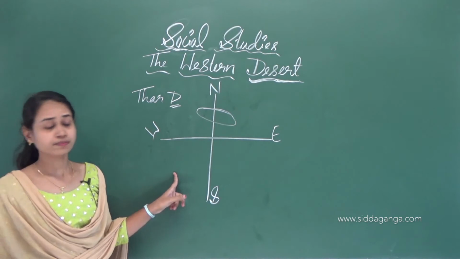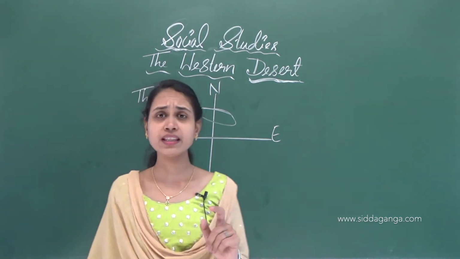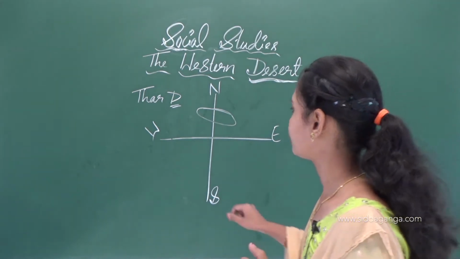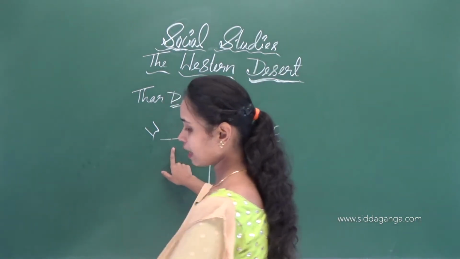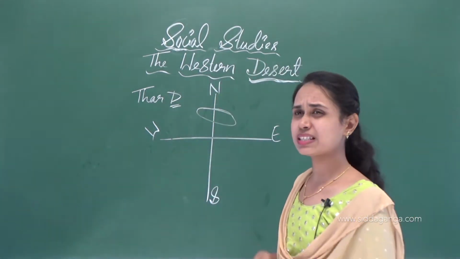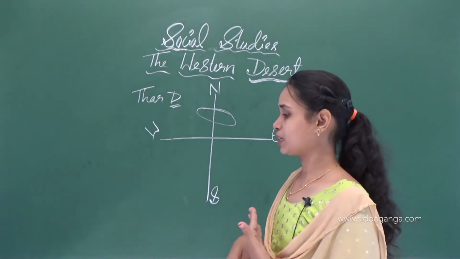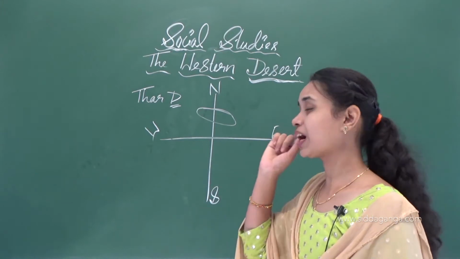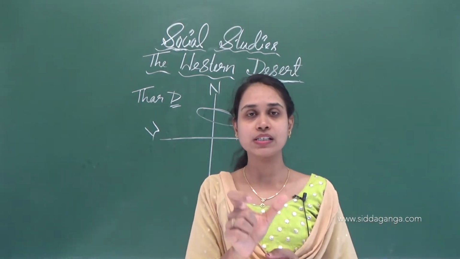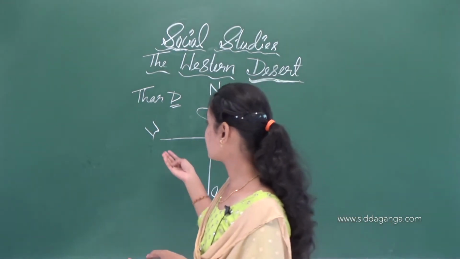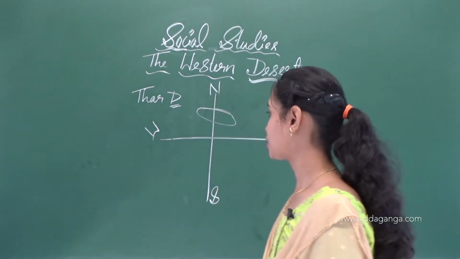We can see it in many shapes. We can't see it in one particular shape. We can see many shapes in the